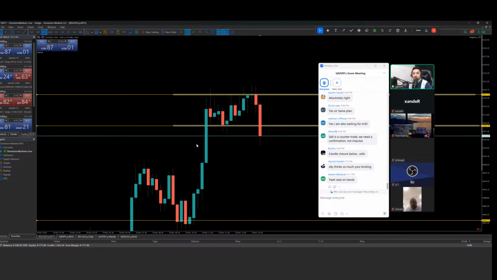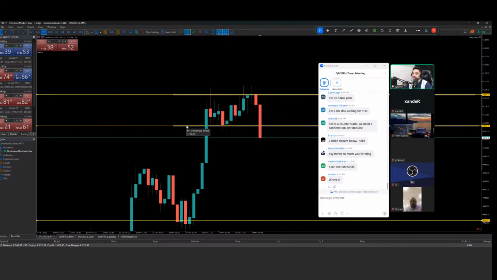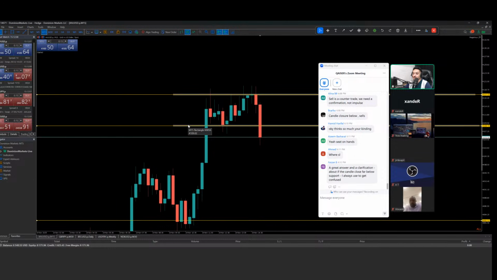Just 3 minutes left for this 50-minute to close, and let's see. Yeah, sit on our hands actually. Okay, the clean range is tempting. Strong confirmation for sells can still be a trap. So don't go for that one, but I will see if I get a confirmation. I need to jump in with my plan.